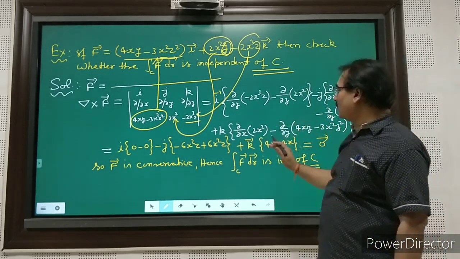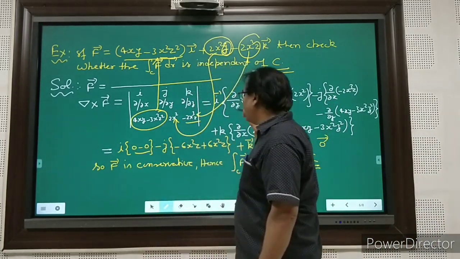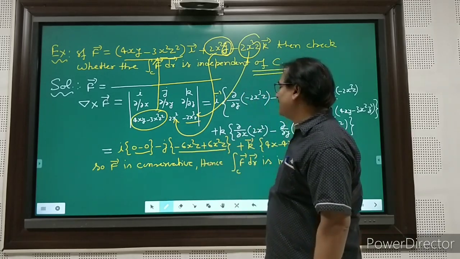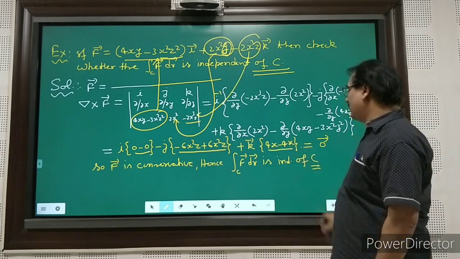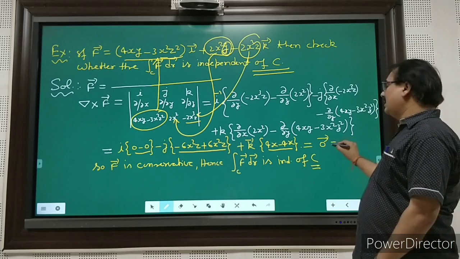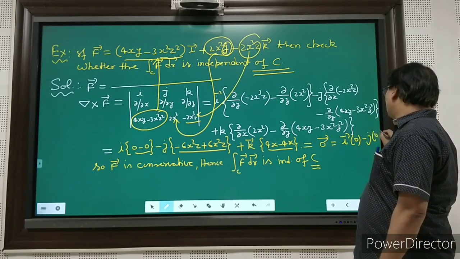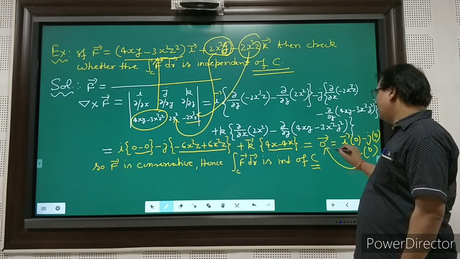Then on calculation, by taking partial derivatives, here you will get 0, here minus 6x square z plus 6x square z, here 4x minus 4x, and in result you will get i times 0 minus j times 0 plus k times 0,